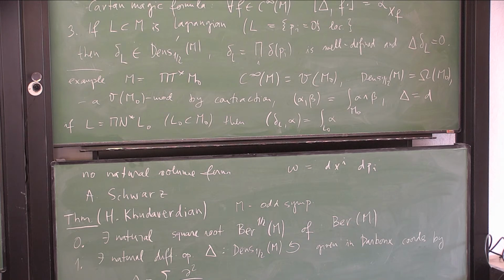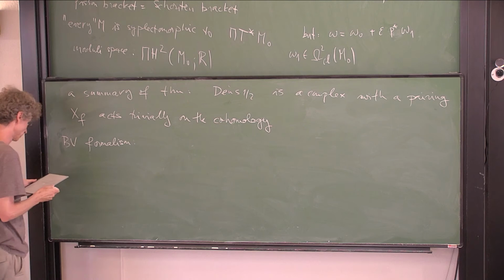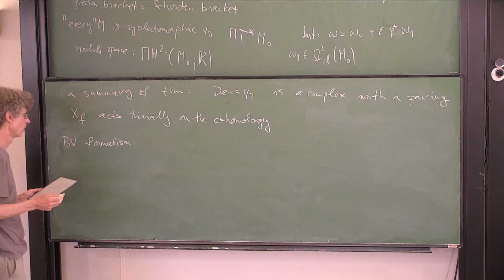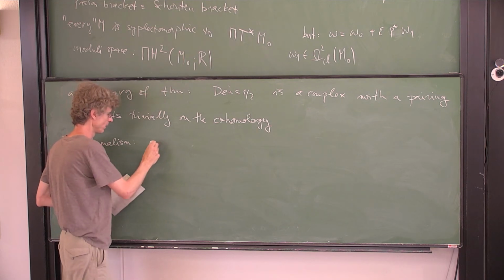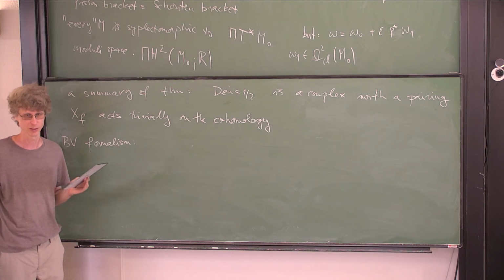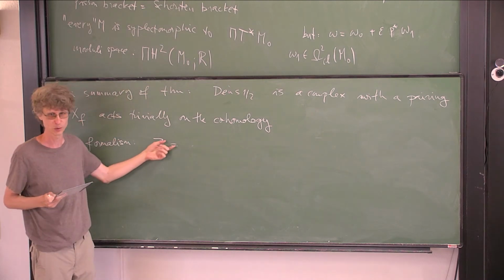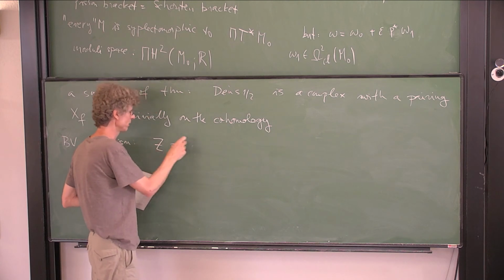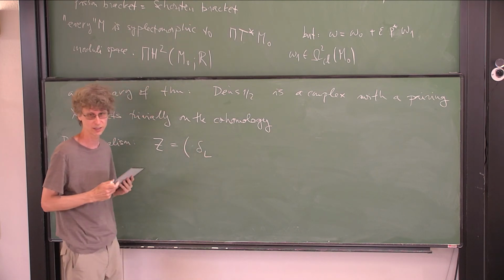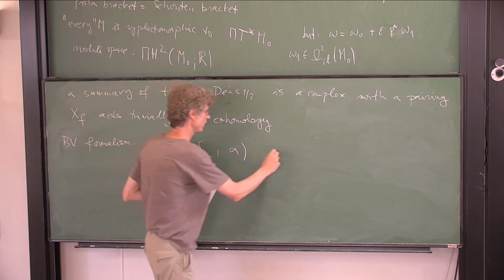And so, how is it now used? So this BV formalism. The thing is that, let's say, in quantum field theory, you want to compute some integral which doesn't make any sense. Normally, that's probably the definition. The integral would be, let's say, some partition sum or something. And you write it in that form, that it's actually the pairing between delta L for some particular L that you choose, and some alpha, where this alpha is actually